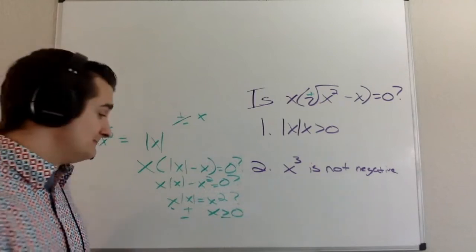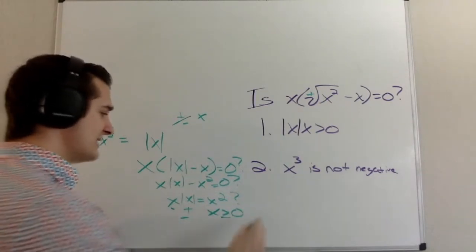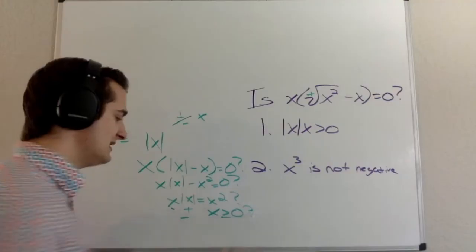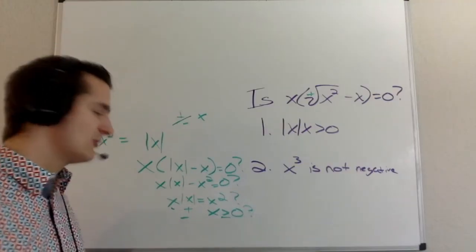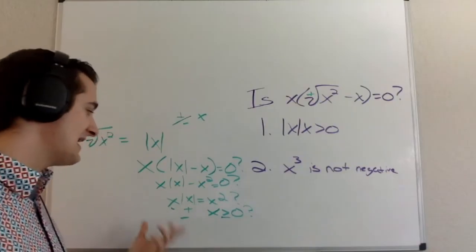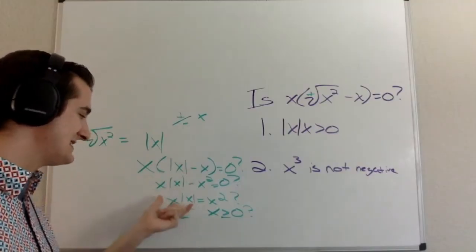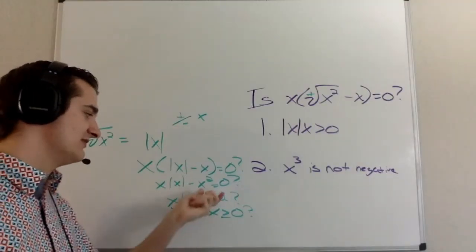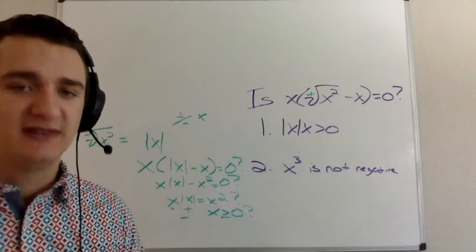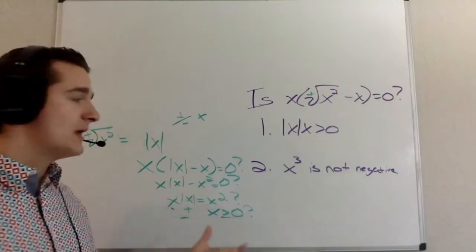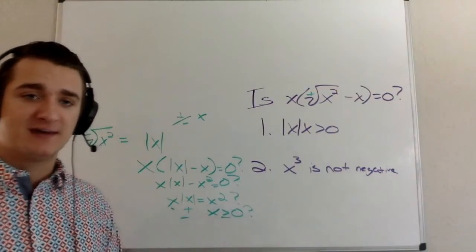Right? So all of a sudden my question becomes, is x greater than or equal to 0? Because again, if x is negative, that's the only instance in which x times the absolute value of x is not going to be equal to x squared. That question all of a sudden becomes much easier,